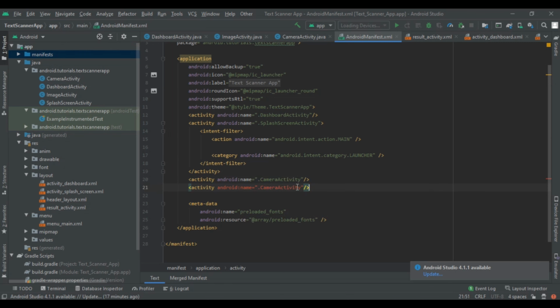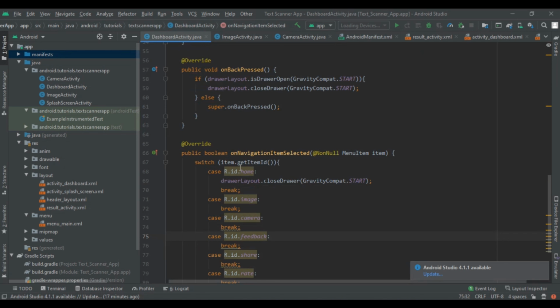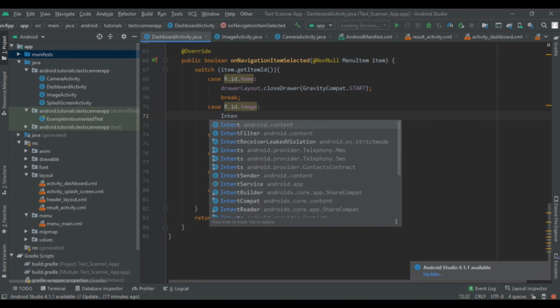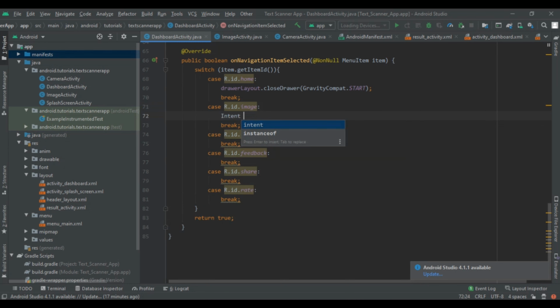So now come to our dashboard activity, and we are going to start one new intent. So intent, or write image intent. Press Alt+Enter to resolve that error, and then we have to create a new Intent and pass this as the context.